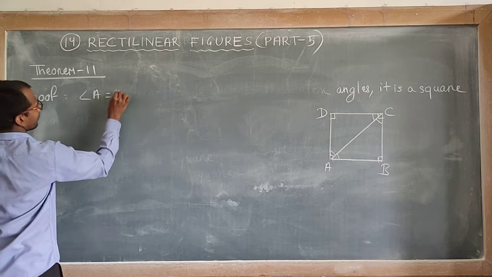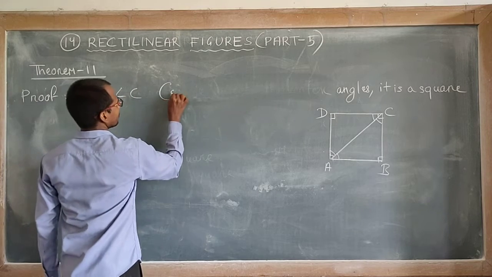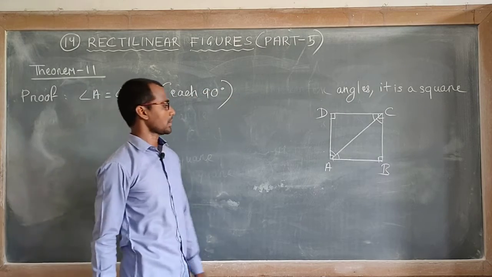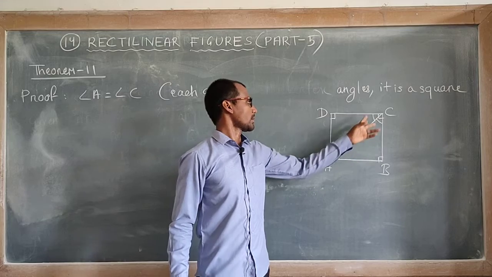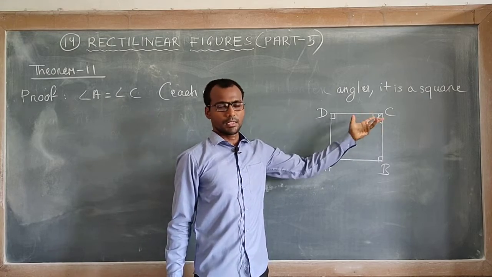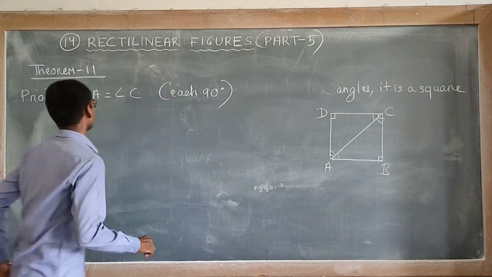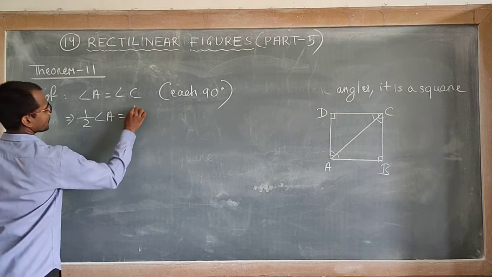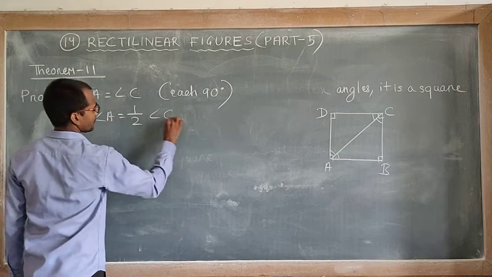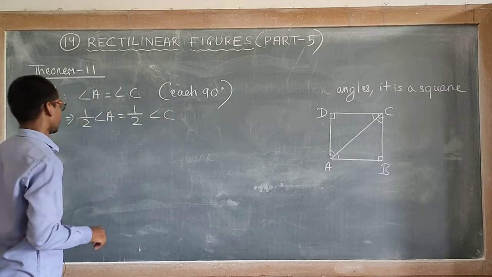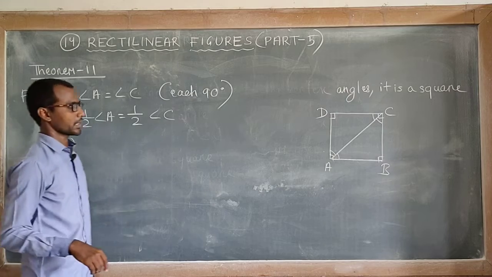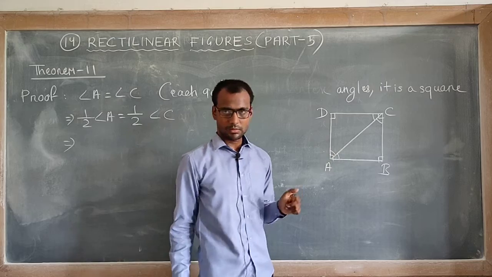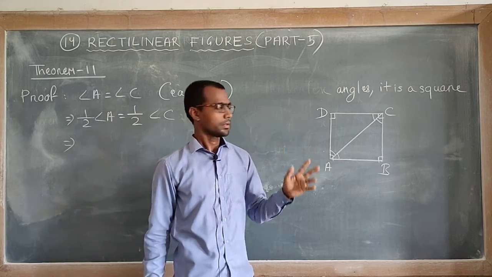Angle A is equal to angle C. Each 90 degrees, angle BAD or angle A is equal to angle BCD, which is angle C. Both are 90 degrees. Okay. So half angle A is equal to half angle C if they are bisected. In place of half angle A, we can put CAD or CAB. We can take any of these two angles. Let us take